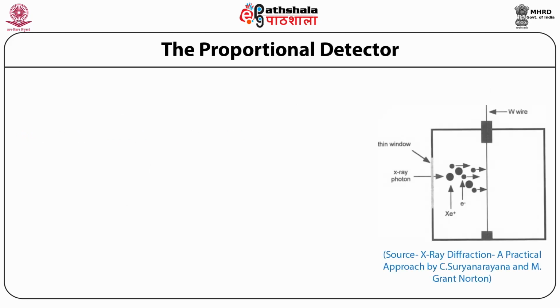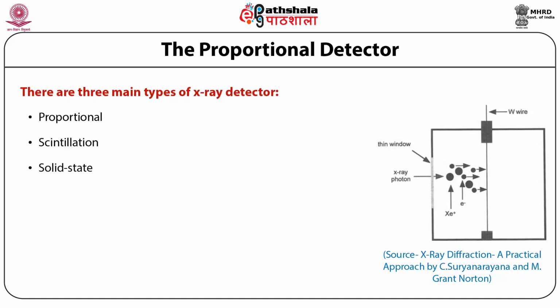We will talk about the detectors now. As the X-rays hit the faces of the crystal, they scatter in distinct patterns, which are sensed by a detector in order to be recorded for subsequent analysis. There are various types of detectors used in X-ray diffraction systems. However, out of those, three main types of detectors are the proportional, scintillation, and solid state. The most commonly used detector is the scintillation one. Now we'll talk one by one.